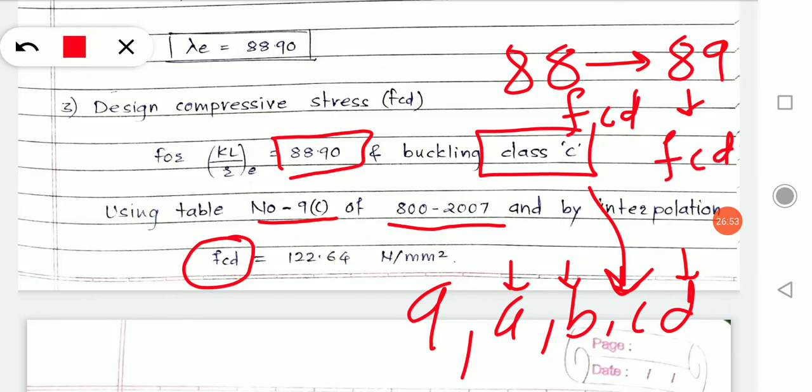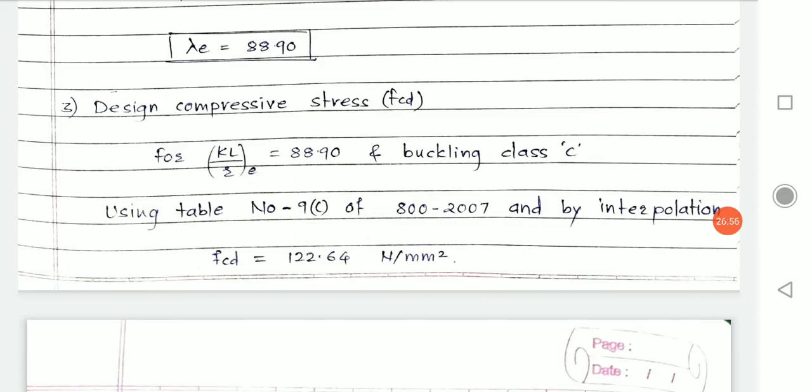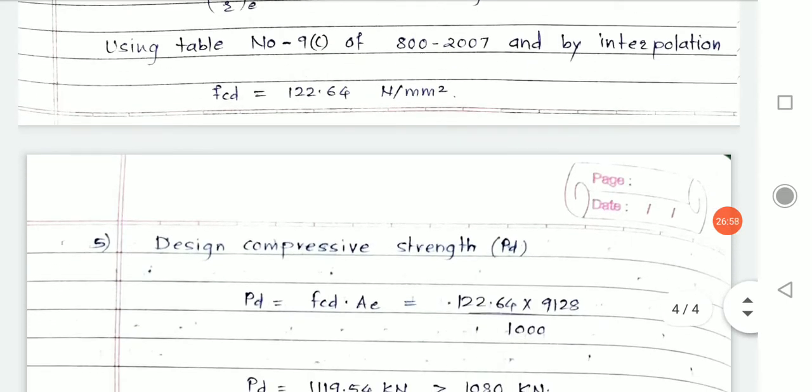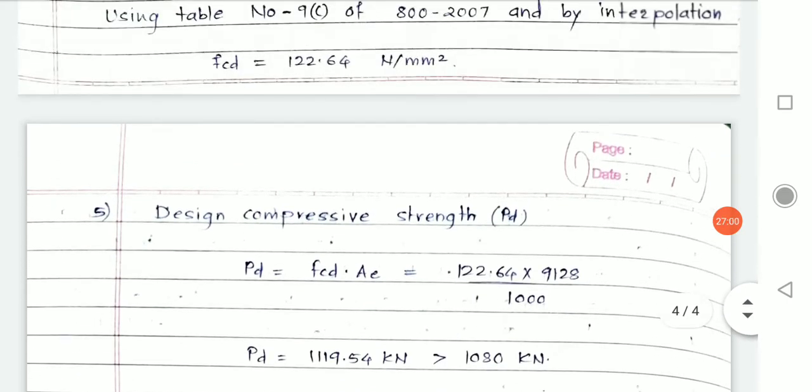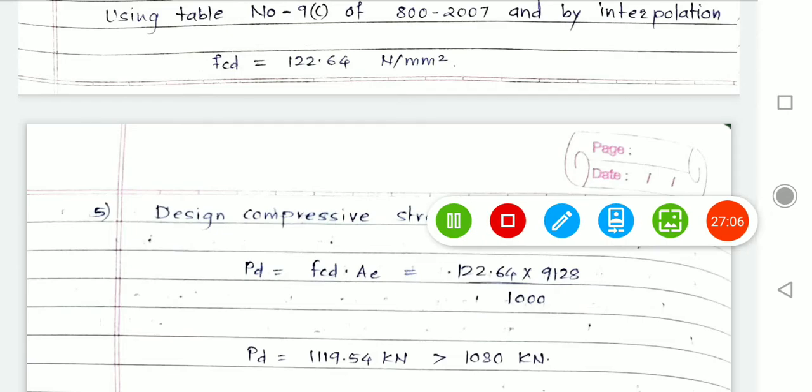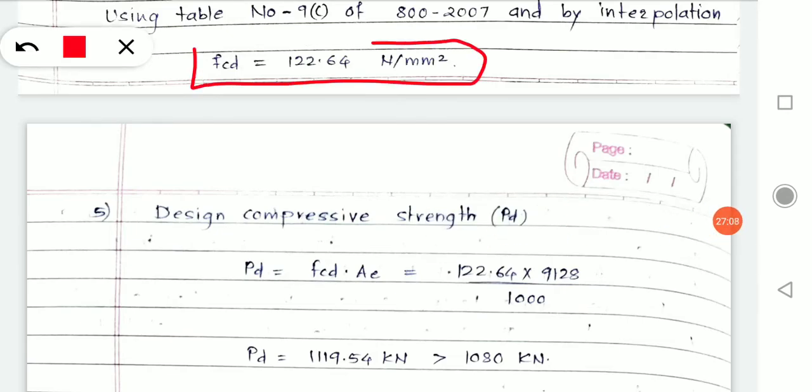I hope you have gone through this. I have already taught you plenty of examples based on it, so I'm skipping that part. Once you interpolate, the final value for FCD over here is 122.64.